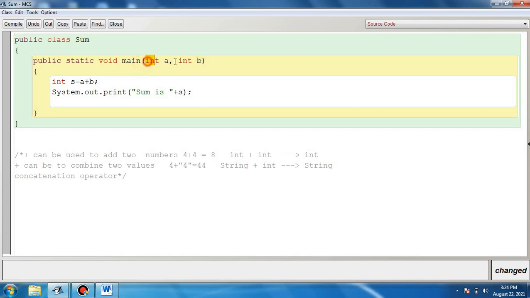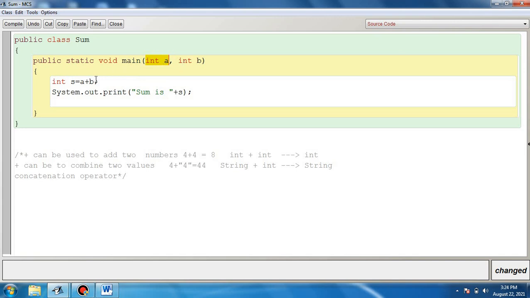Within the brackets, we declare the parameters, or you can say the arguments, for the method. This method is the main method, so these are the parameters of the main method. Since our requirement is to add two numbers, we have passed two integer arguments, int a and int b.